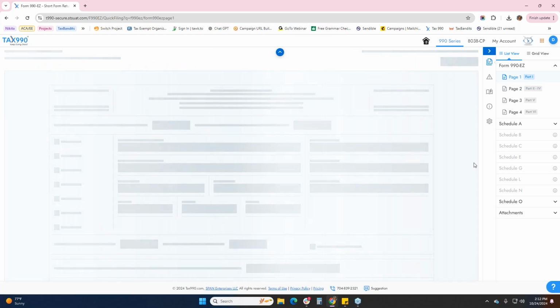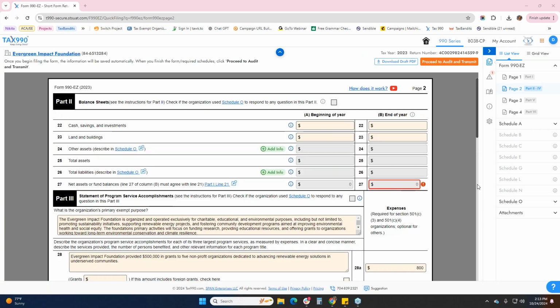Oops, let's see. I apologize again. My test site is just finicky today, I think. Here we go. All right, so on page 2 is where we're going to have that balance sheet with assets and liabilities like we spoke about. So on this page, you're going to enter your total assets and liabilities for the tax year for beginning and end of year. I'm going to go ahead and indicate that I had